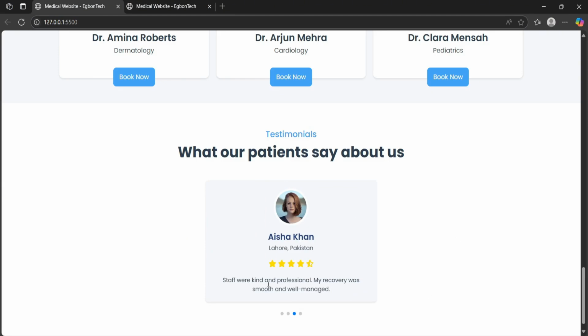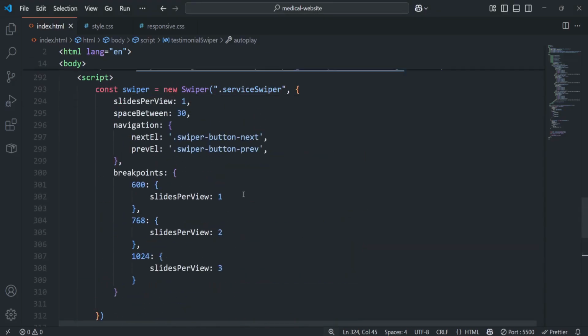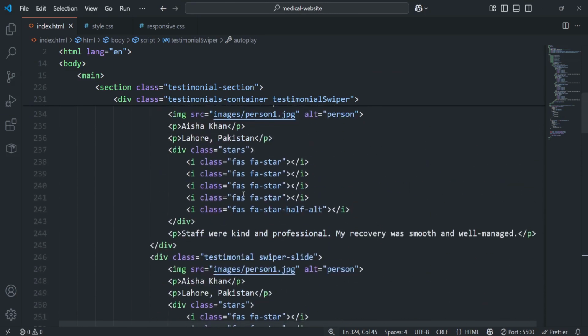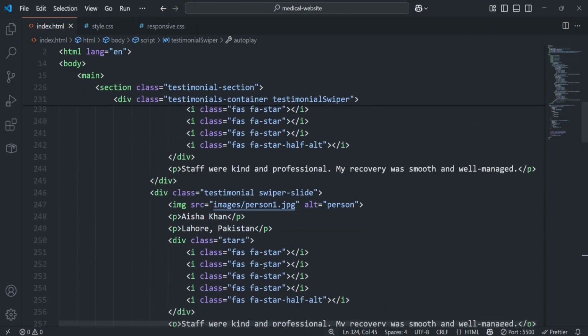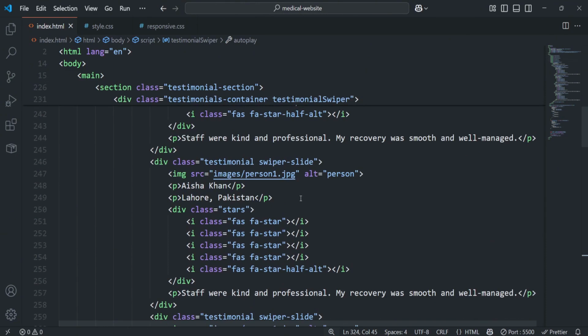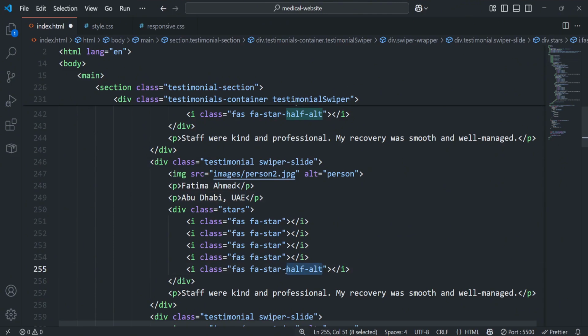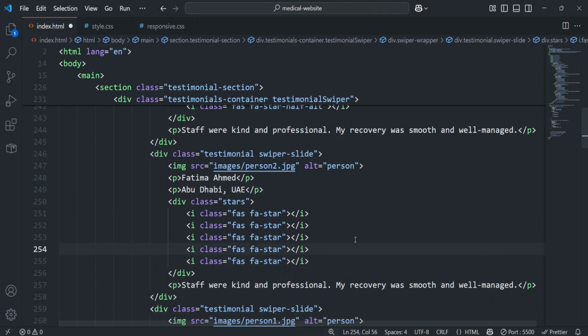So next, let's update the details of the testimonial, the image, the text, and the actual testimony. Let's actually do that. So I'll scroll up. The first one is okay the way it is. So we have to start updating from the second card. For the second one, the image is going to be person2.jpg. The name is going to be Fatima Ahmed. Then the location is going to be Abu Dhabi, UAE. Then this one is just going to be full star. Full star, that's 5 star. Then the testimony